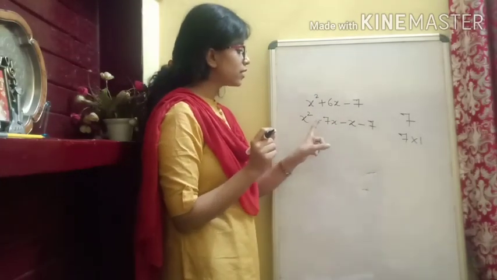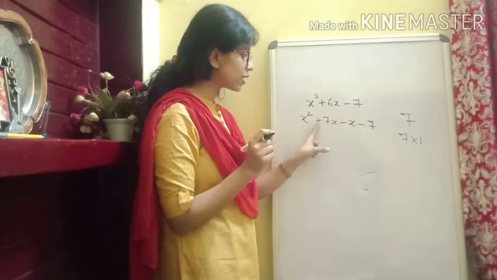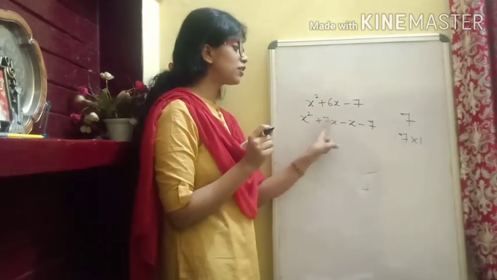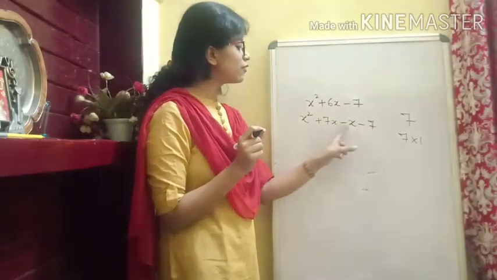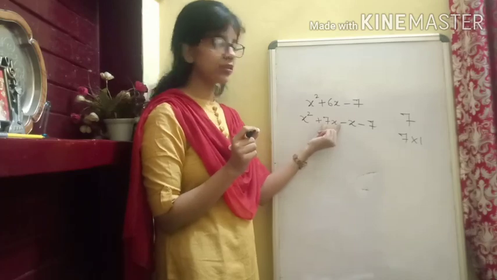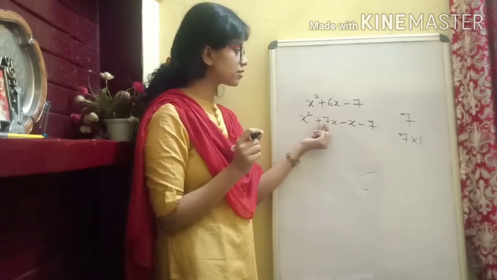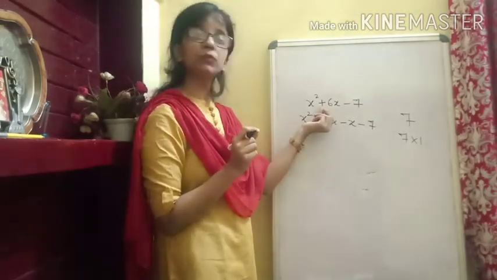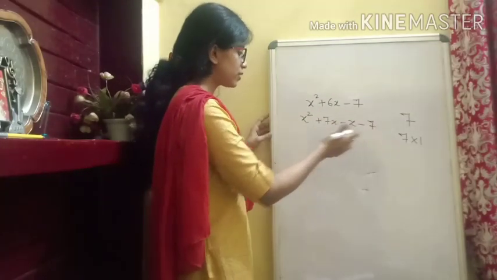One thing you mind, here I am taking 7 with plus sign and x with minus sign, because plus minus is minus, and whenever we apply the sign, we will take the bigger number with plus sign, and that's how we are getting this 6 with plus sign. Okay, the answer will be plus 6.